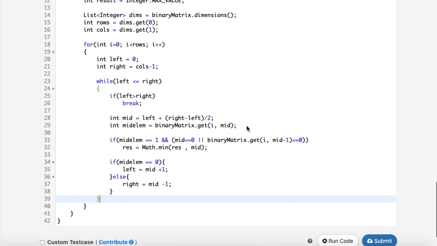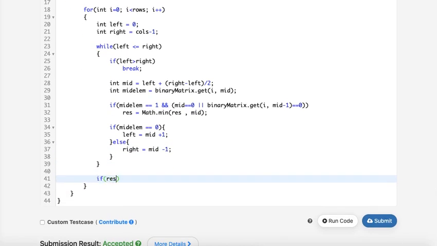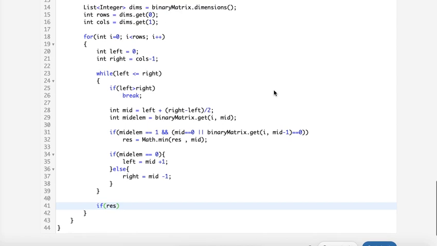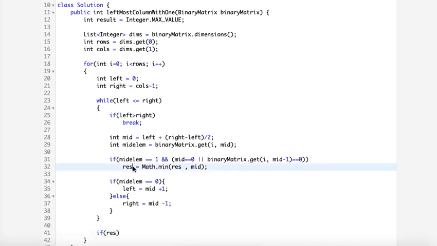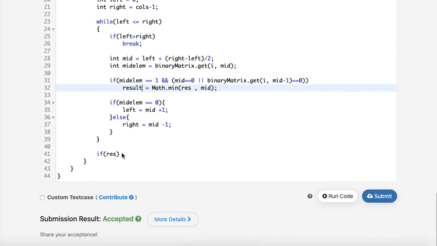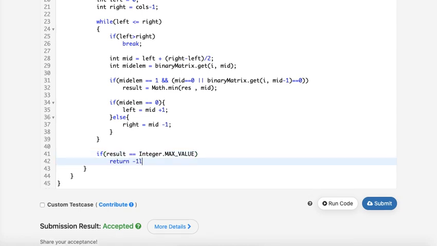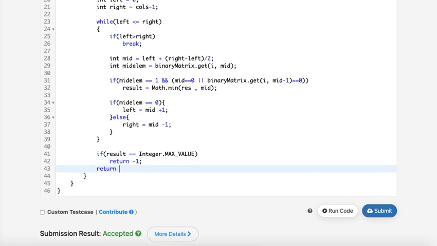In the end I'll check the result. If it is still max value, then it didn't get updated anywhere, so I return -1, as I didn't find any place. Otherwise I'll return result. Let's run this code.